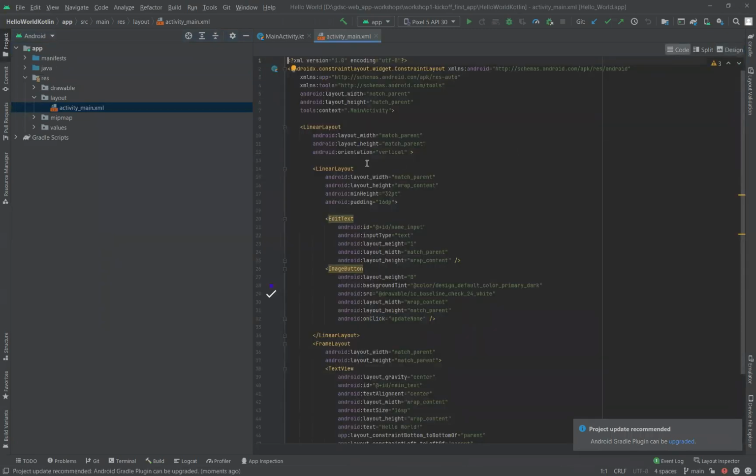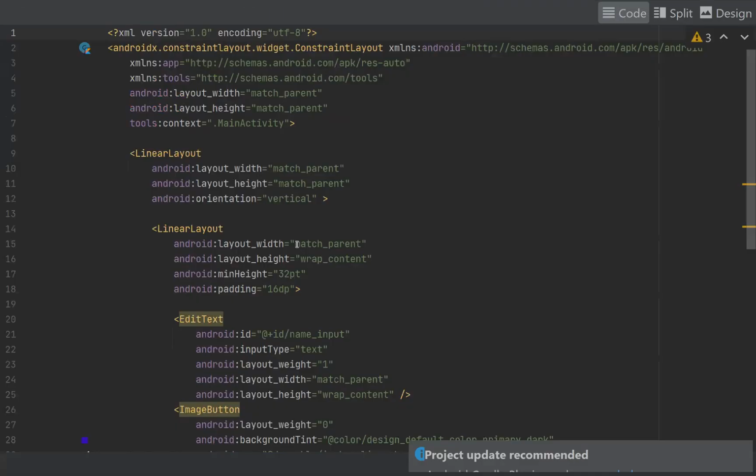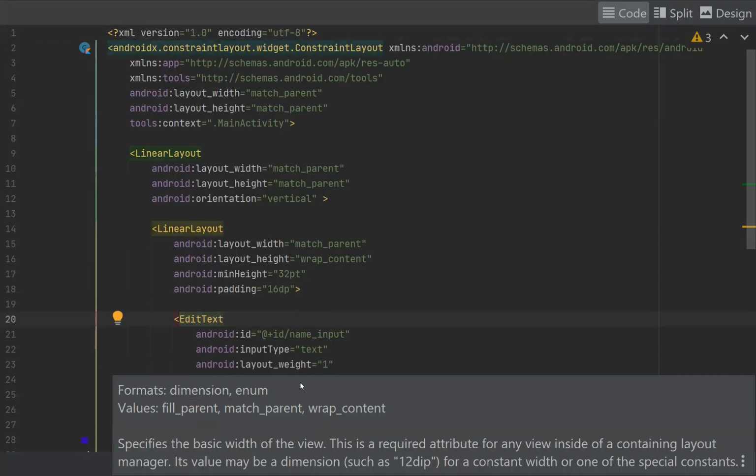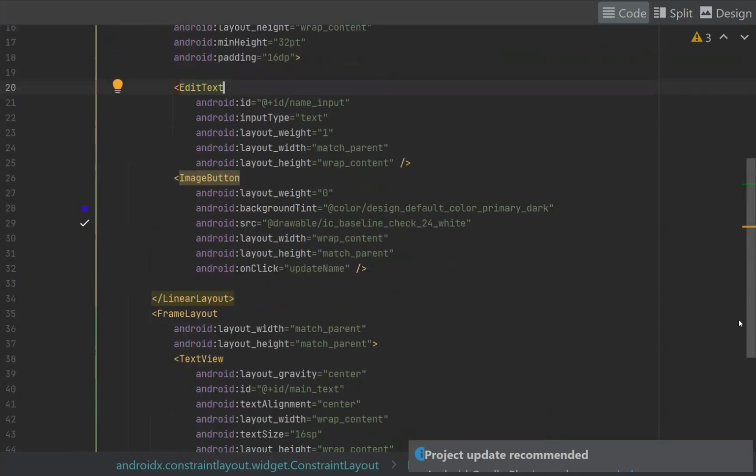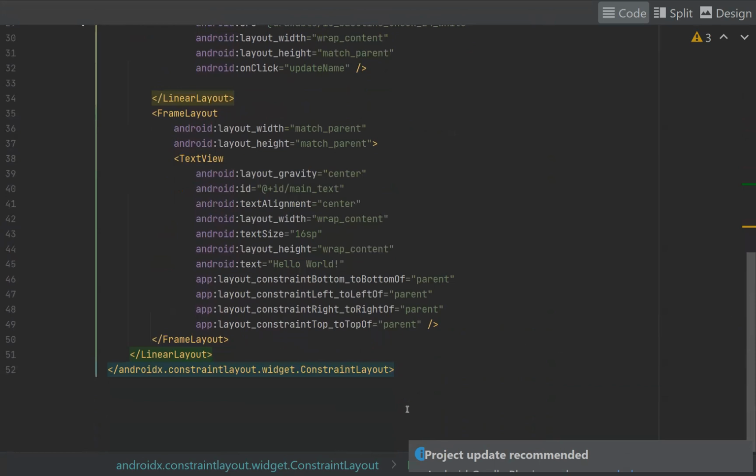And we'll just look at the code. Actually, I'm missing one thing. Yeah, so here,